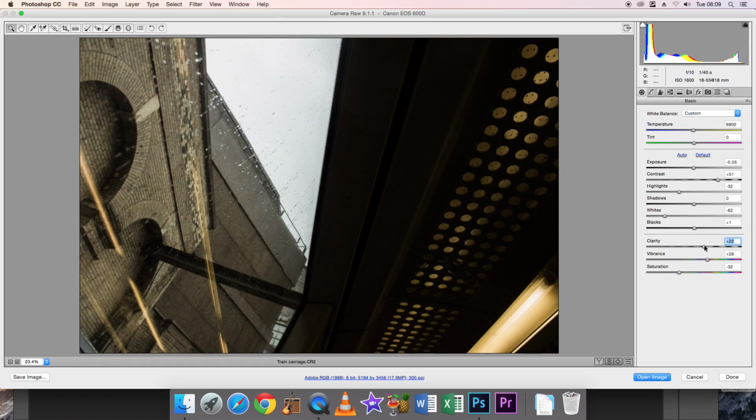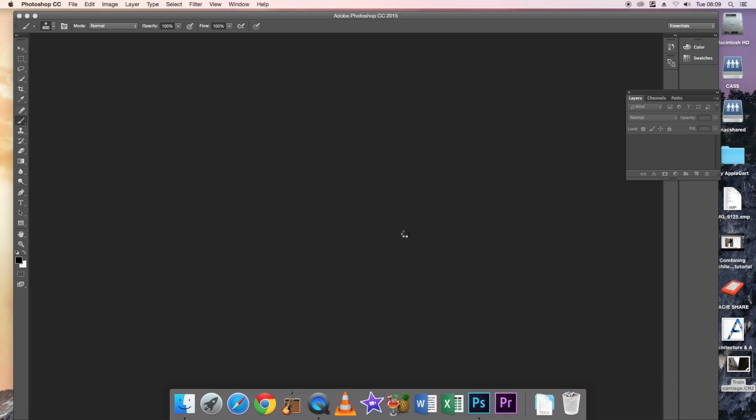Okay, so you have to make a judgment and see whether you think that this side would match up with the conversion you did earlier. You just got to sort of keep an eye on what you think is going to be a good balance. I'm just going to bring the saturation down just a little bit more because I think the lights here were a bit too yellowy. Okay, so I think if I just call it there, I'd say, open the image,